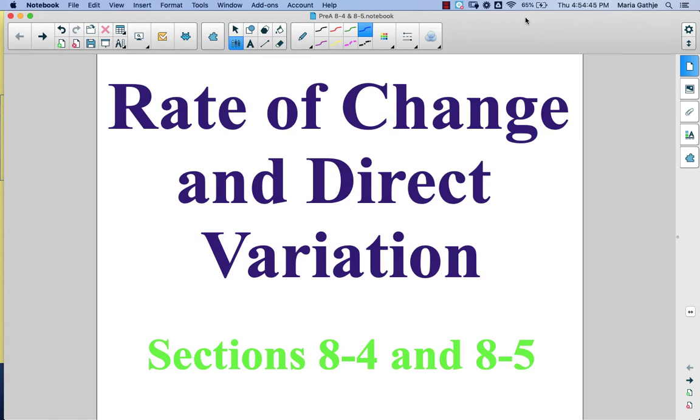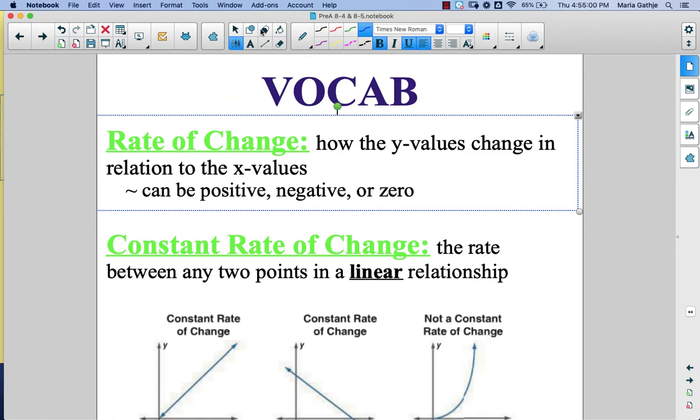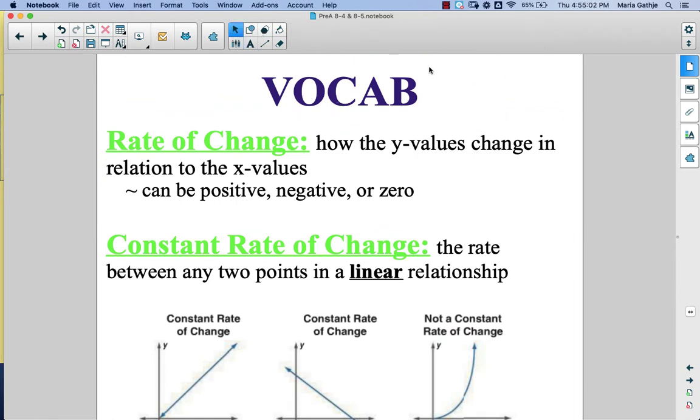This will cover rate of change, which is section 8.4, and direct variation, which is section 8.5. By the end of the lesson, you will be able to identify rates of change and also identify and apply direct variation. So starting with rates of change, a rate of change is how the y values change in relation